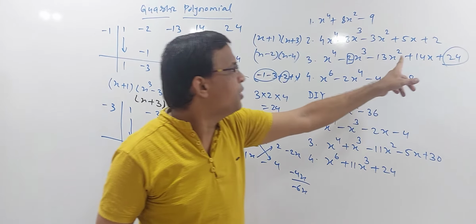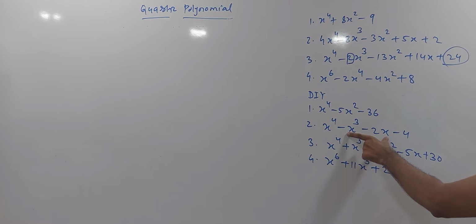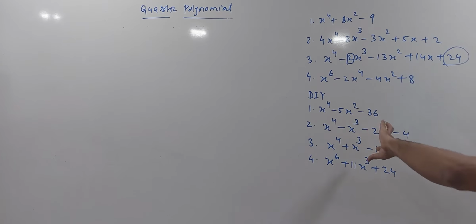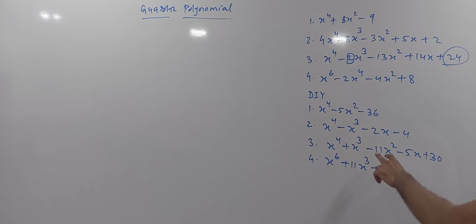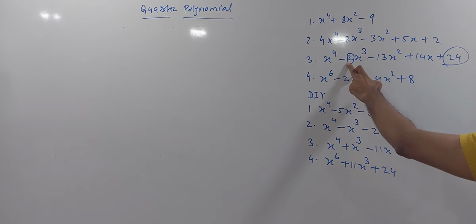So let us jump to the next question. That is the 4th question. That is in x power 6. So before starting that question, there are 4 DIY. So I hope that DIY will work with you. This first is just like this first. This second you can simply work out the way we have done others, like plus minus 1 minus 1. This third is again I guess exactly like the third number question. So you can just try it.